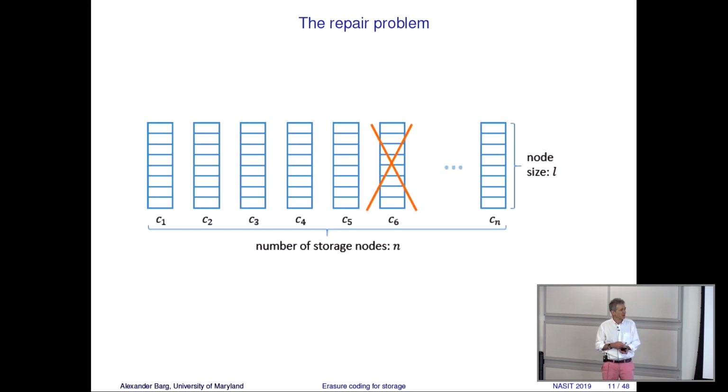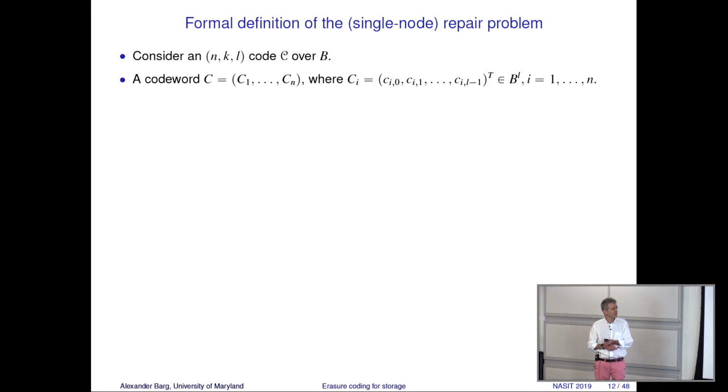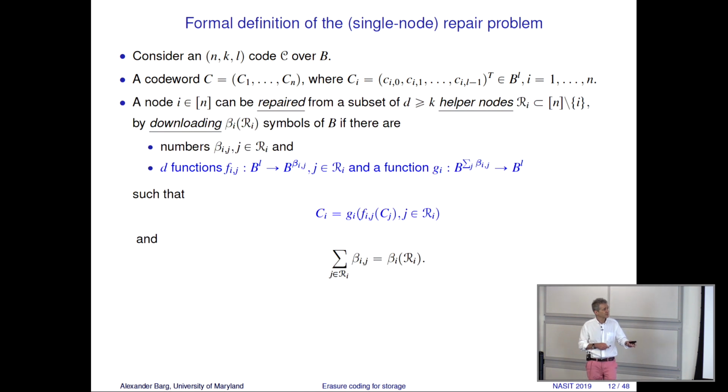So the repair problem again, for the MDS codes now. There is one erased coordinate. We contact d coordinates and transmit some information. Maybe not the contents of the nodes. Maybe we transmit some function of the contents of the nodes to recover one erasure. A formal definition of the repair problem: I will throw in notation, but I will not say anything new. A code word where each coordinate is an L vector over field B. It was F, it's now B, I'm sorry for that.